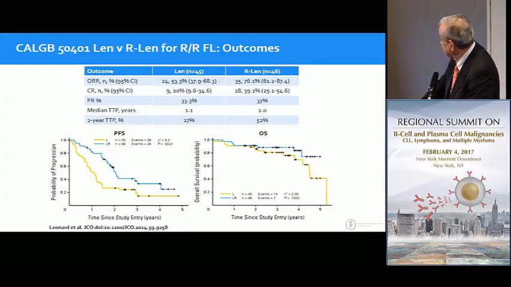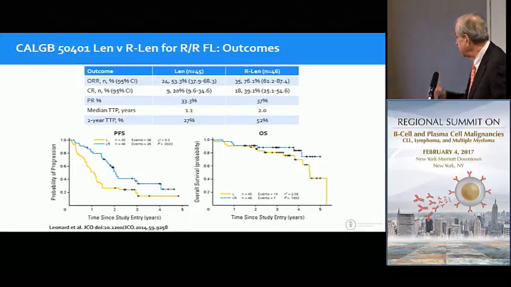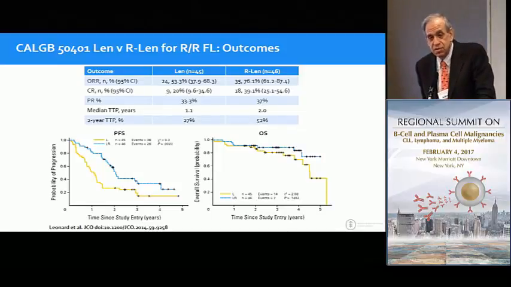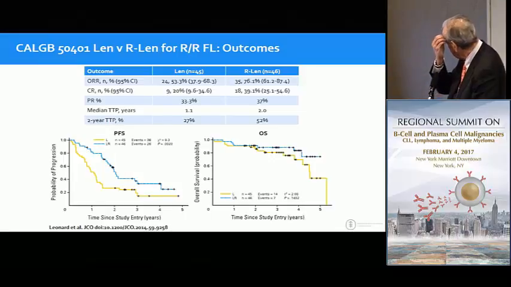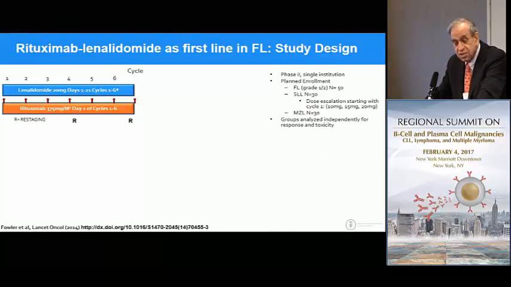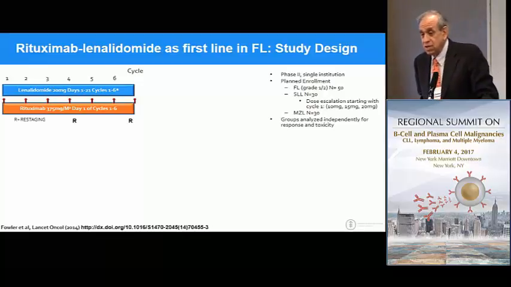And lenalidomide had single-agent activity. It was actually pretty substantial. About half of the patients responded. But impressively, we doubled the complete response rate by adding rituximab, and this makes sense based on the mechanism of action of lenalidomide, because we enhanced ADCC, and this translated to a progression-free survival difference, but we're waiting for the overall survival update. So this led Nathan Fowler to ask the question, well, what happens if we do this up front,